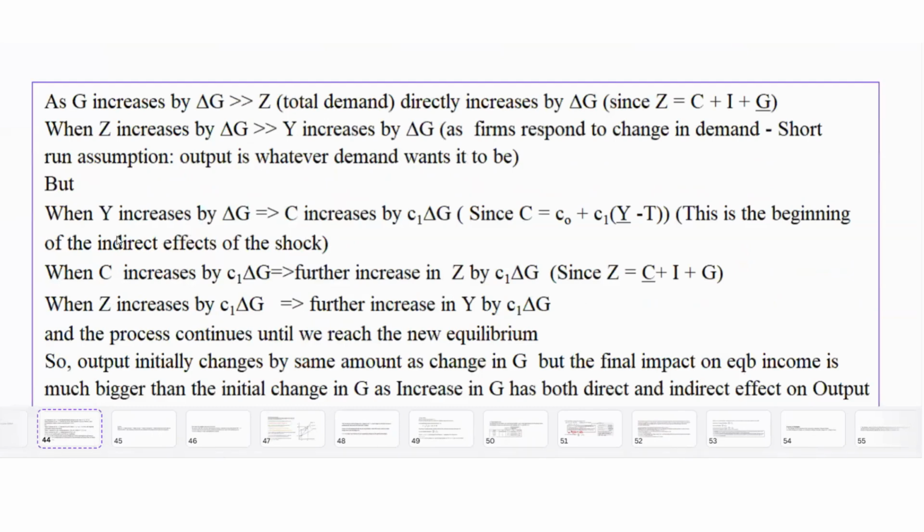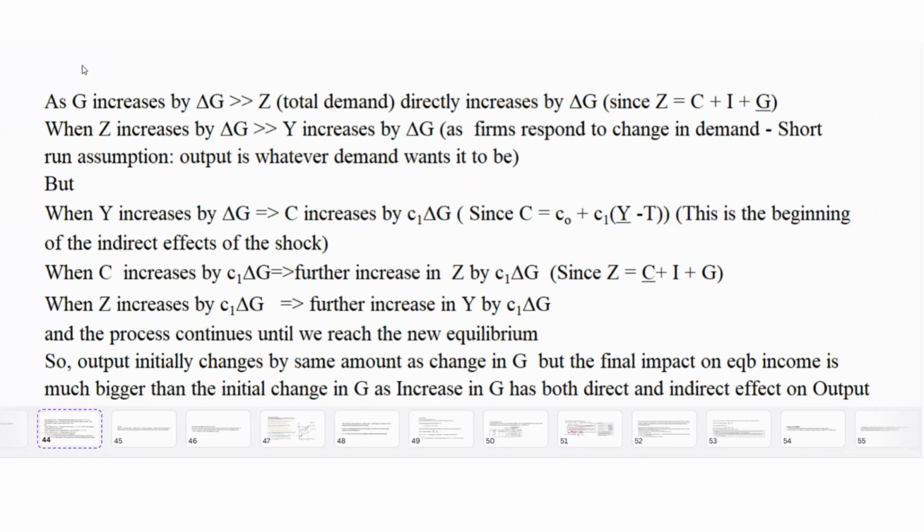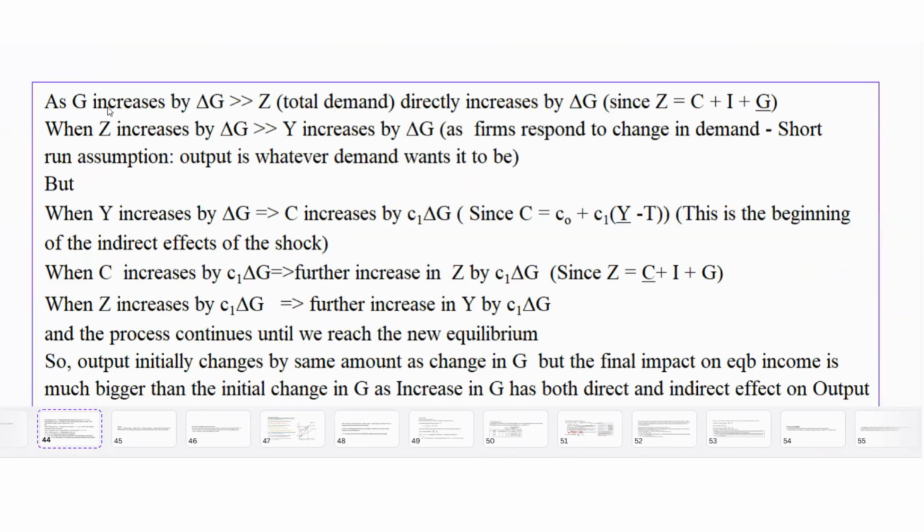Because now when Y increases, not just C increases, but investment also increases. So then demand increases by more, so output increases by more. So the multiplier is intuitively larger now because the multiplier effect is working not through just an increase in C, but also through an increase in investment. So you have two channels through which the multiplier is working and not just one. Whenever Y increases after any positive change in autonomous spending, in this case say G, although it could be a change in autonomous consumption or autonomous investment also,